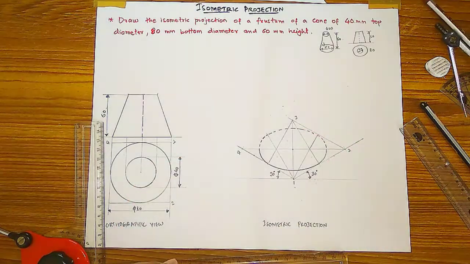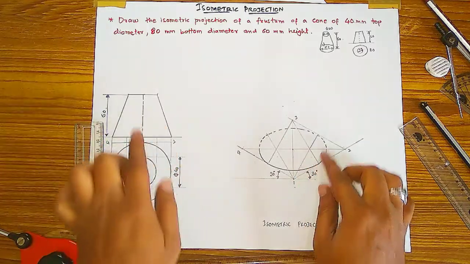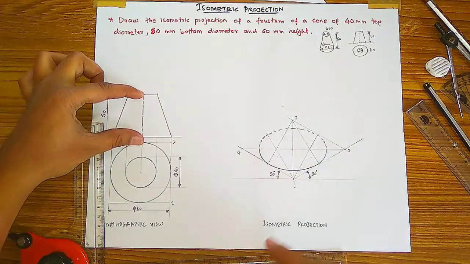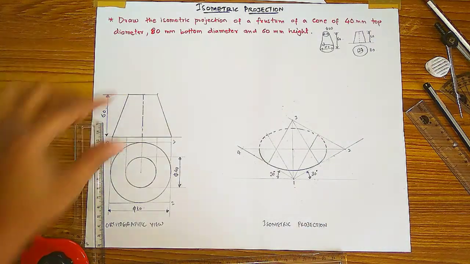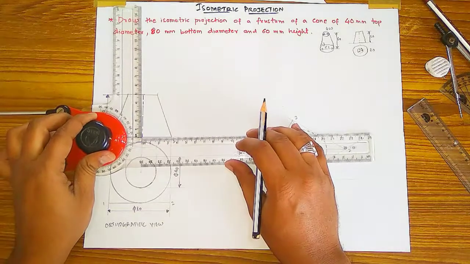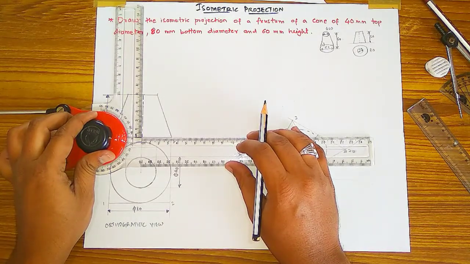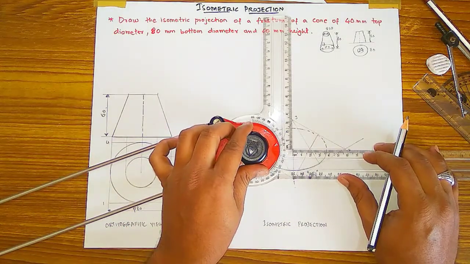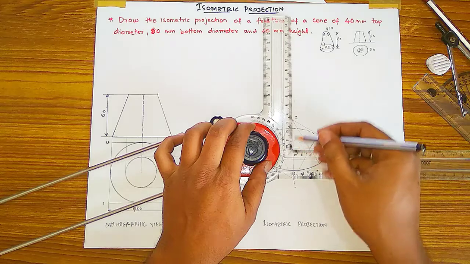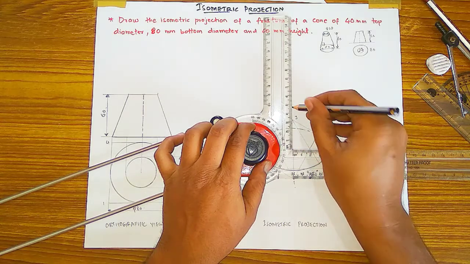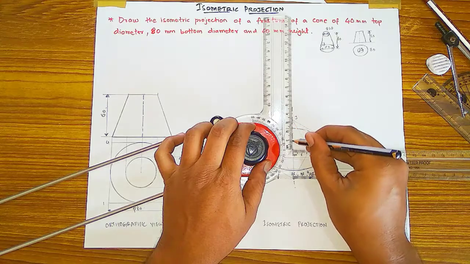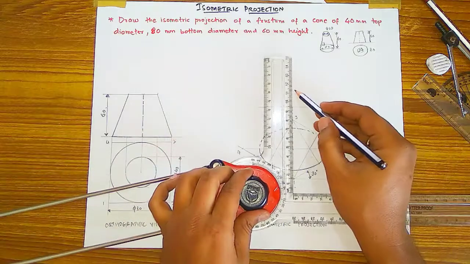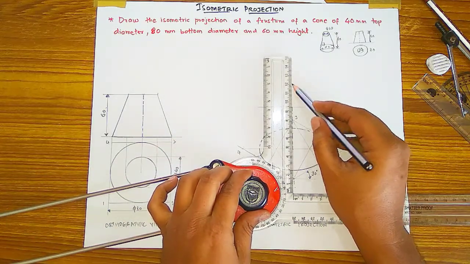The bottom circle I have drawn with the process. So axis height is 60 mm, but I have already taken the isometric length of this 60 mm. So I will measure on the scale. I am getting 4.8 mm axis height, so I have to take 4.8 only from this O center. From here 4.8, so putting a dot and drawing an axis line like this. And from here you have to draw a line, how much you want to take, like this and like this.